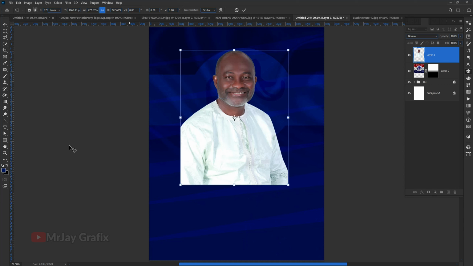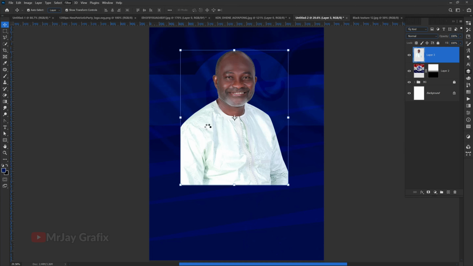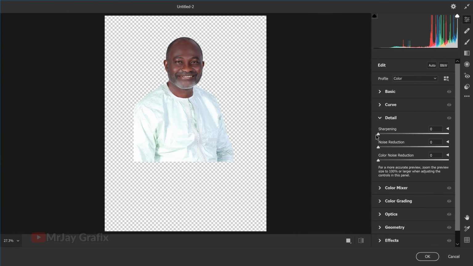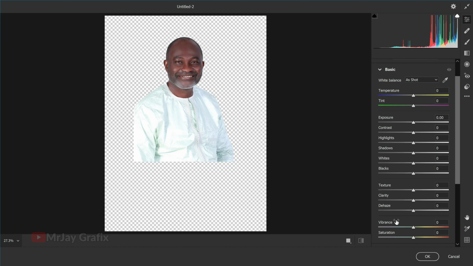So I've got my picture, and now what I'm going to do is make some effect. So I'll go to Camera Raw. I don't know if most of you have Camera Raw, but automatically, if you have the updated one, you're going to get Camera Raw, right? So that's how it is. I'm going to increase